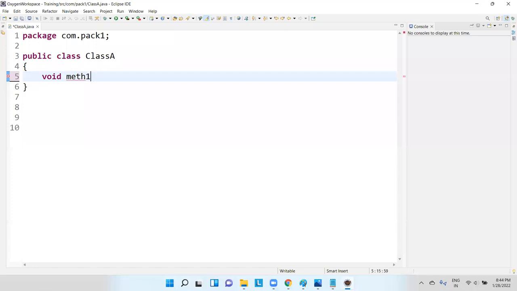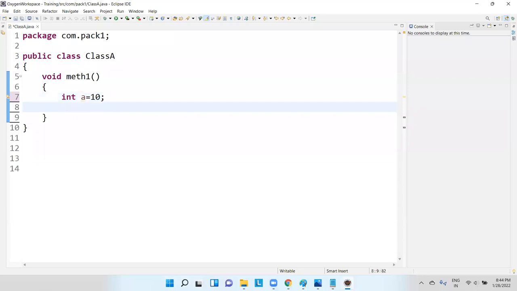Void method1, int a equal to 10. After that, system.out.println, "a value is",